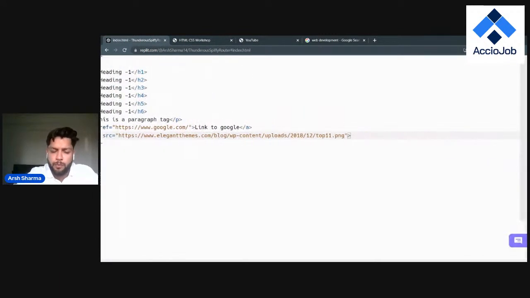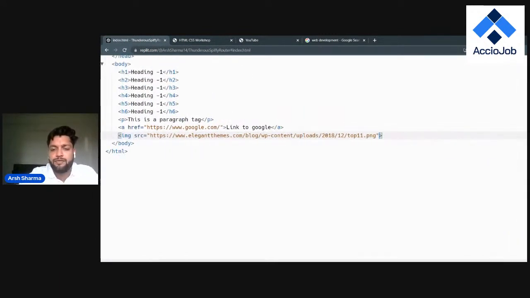Now, mostly with the image tag, we give another attribute called alt. And how this alt works is like an alternate option. Like, what if wherever you are using this web page, the image is not supported, the image is not able to load, maybe the type is not supported, maybe the size is too much, or maybe there is some error in the image only. So for such cases, to make sure that the user doesn't get a random web page with things here and there because the image wasn't able to load,